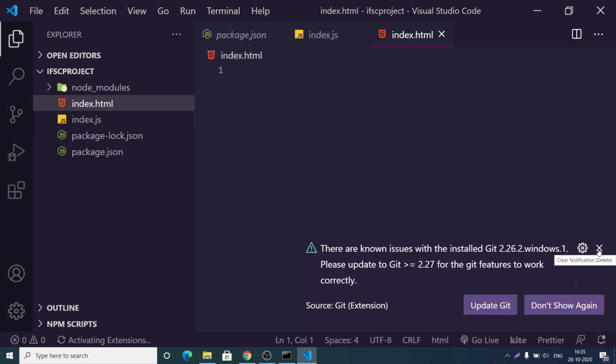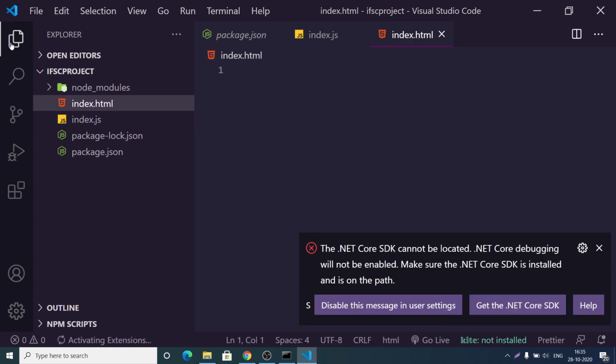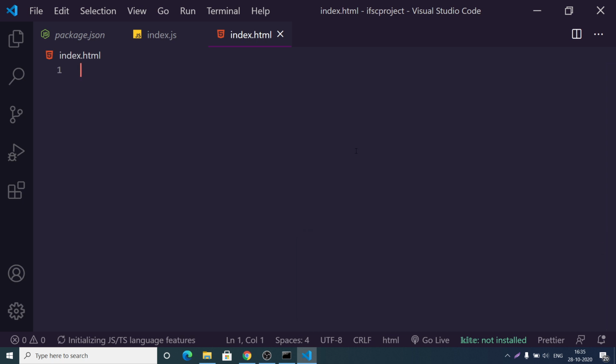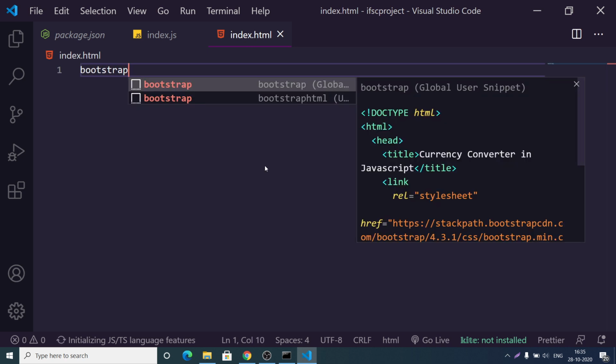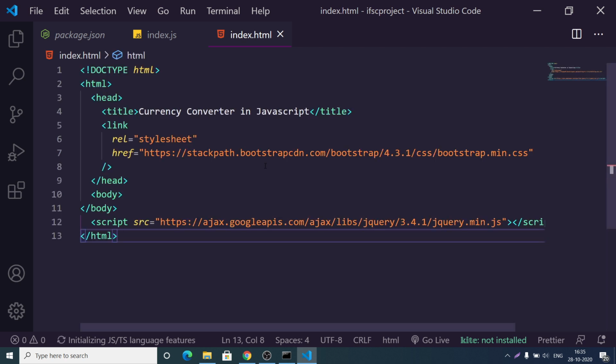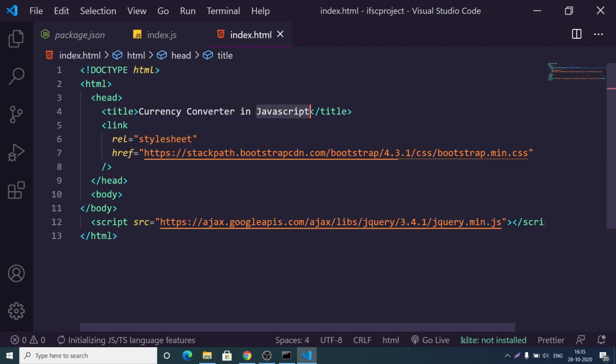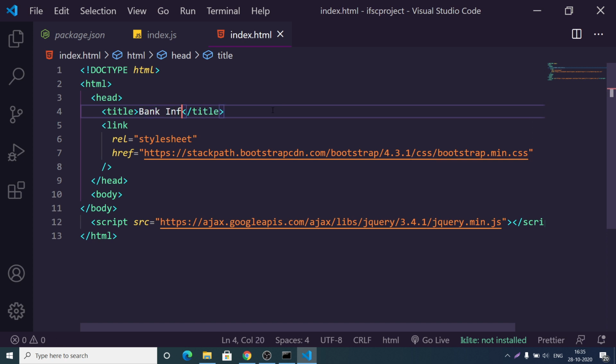For styling purposes we will use some Bootstrap. It's a front-end framework, so I will include the CDN for Bootstrap here like this. You can see I have included Bootstrap and jQuery. Just change the title: Bank Information Finder by IFSC code.